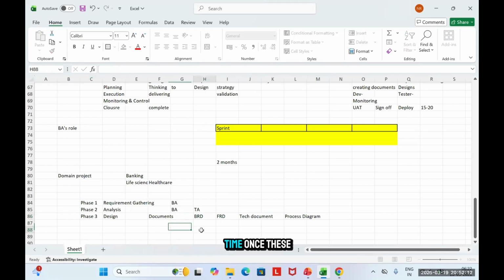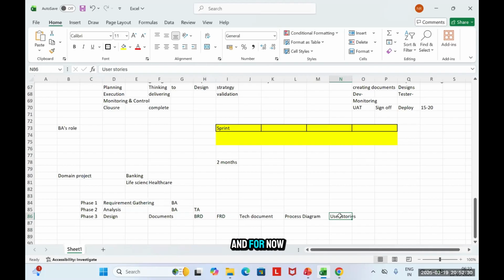At the same time, once these parts are completed, I'll have my user stories being created in parallel. What is a user story? Let me ask you to wait for some time and we'll talk about what a user story is. For now, just remember that whenever I have a complete project, this is my scope that I want to deliver, right?